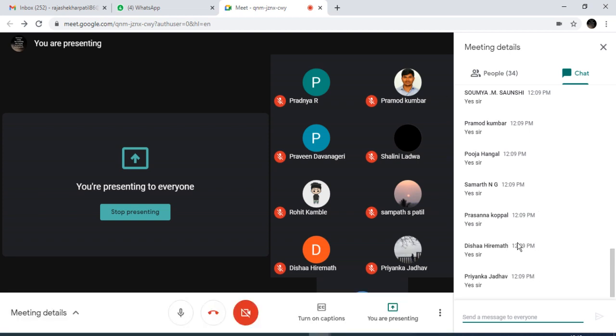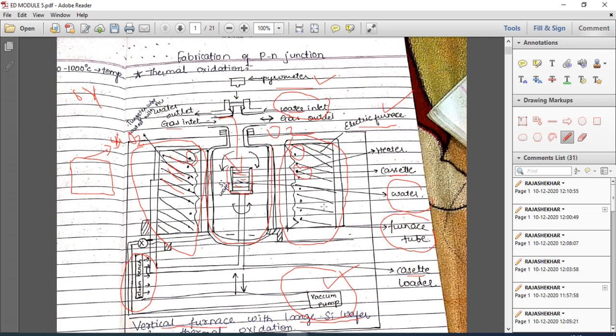Okay, I hope everyone understood this. It's just the theory part. I'm using just one vertical furnace to discuss how it performs thermal oxidation. And where am I going to use this oxidation? I'm going to use it in the fabrication process. We already discussed BJT fabrication and MOSFET fabrication. There we have an SiO2 layer which acts as an insulator between the p-type and the terminals. That's why we perform oxidation, and this is the process used to perform it. I hope it is clear for everyone now.